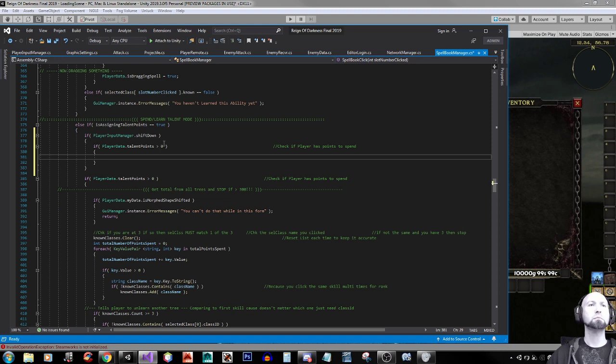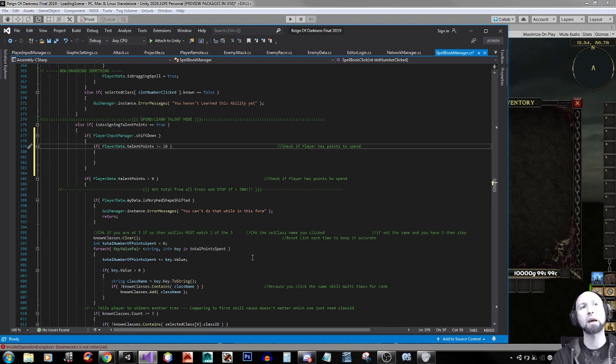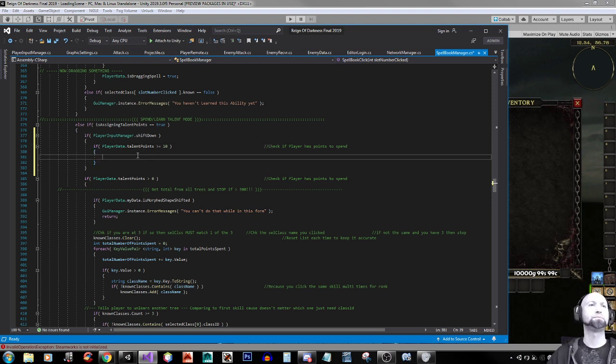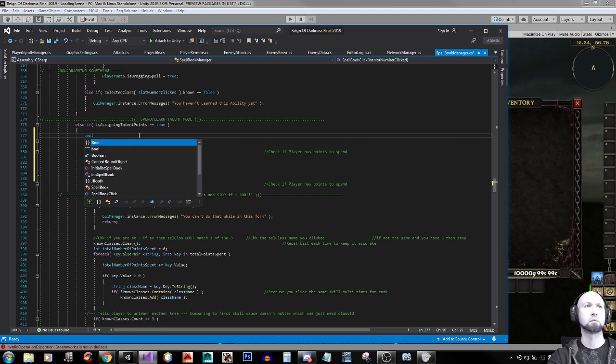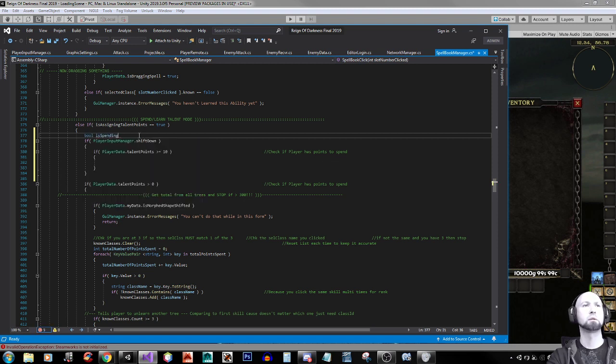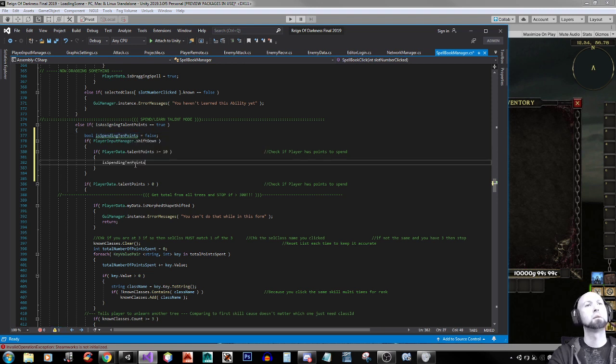Okay, so this, we'll have to say if it's greater than or equal to 10. So maybe you only have 10 and you want to drop them all in one. So that's very important to put the equals. And I guess we'll leave that. What the hell? So, we'll make a bool here. Spending 10 points equals false. And then copy. And right here it will be true, and then down here we'll try, oh, you know what, let's put that,